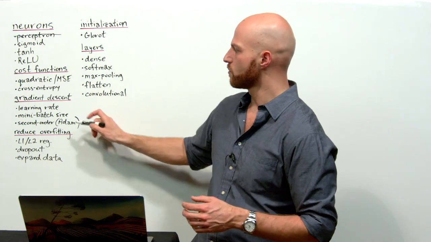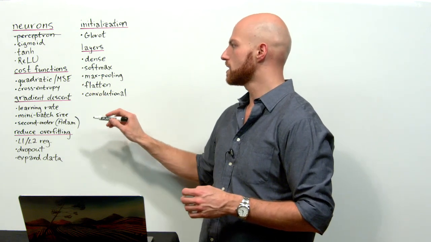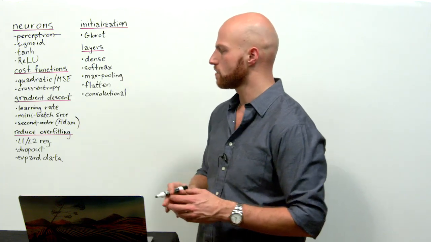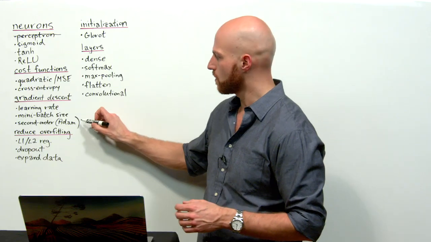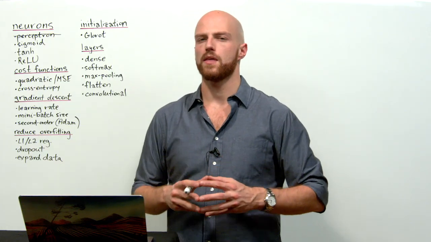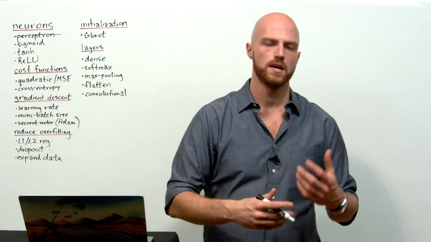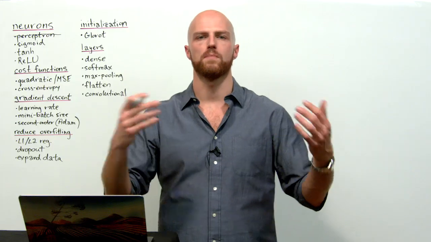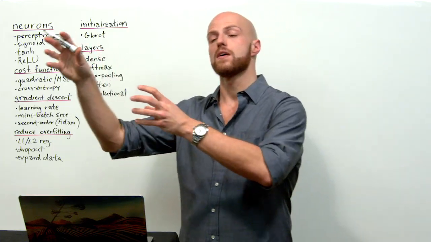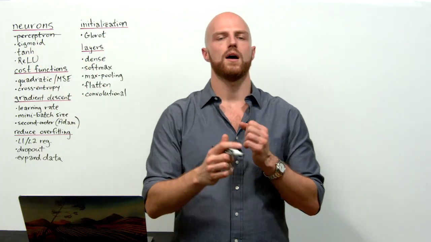The final point related to gradient descent is that we typically will use second-order gradient descent algorithms. In my deep learning with TensorFlow Live lessons, we stuck with the Adam gradient descent optimizer. The reason we do this is that these take into account how quickly a given parameter, so a given weight or bias, has been learning over the recent training updates, and uses that information, that momentum information, to